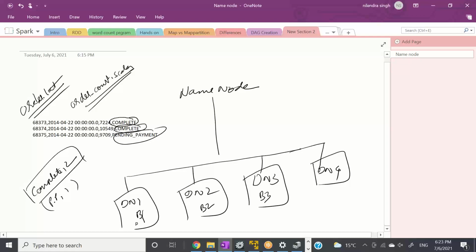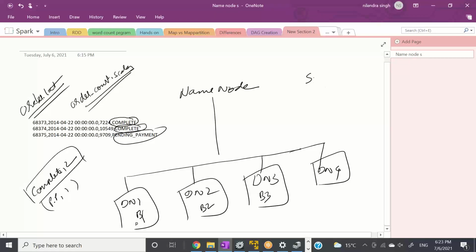In this case, the first block is on DN1, the second block is on DN2, and block 3 is on DN3. When we talk about a Spark cluster, I already told you it means two things: your master program, which is called the driver, and your executors, right?